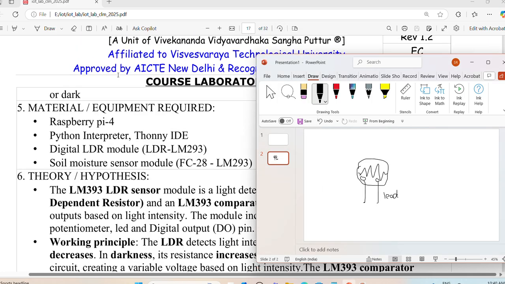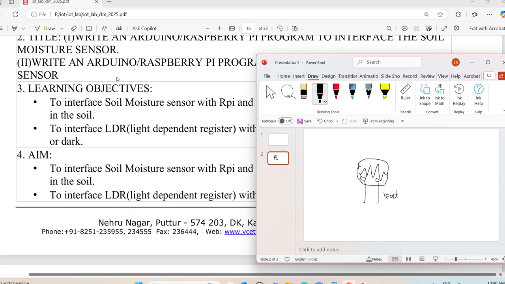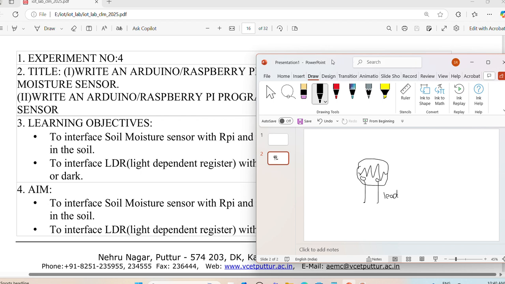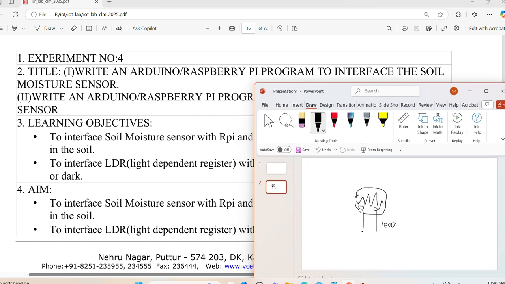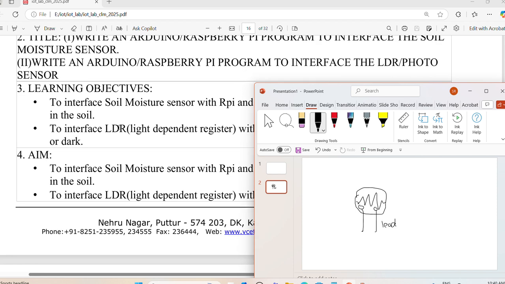Experiment number 4, which is about interfacing an LDR sensor with Raspberry Pi and displaying the message whether the room is dark or bright. And another experiment is to interface a soil moisture sensor with Raspberry Pi and check the wetness of the soil,